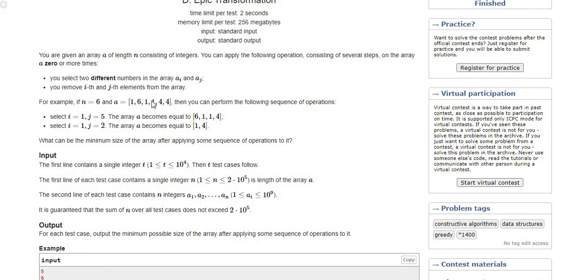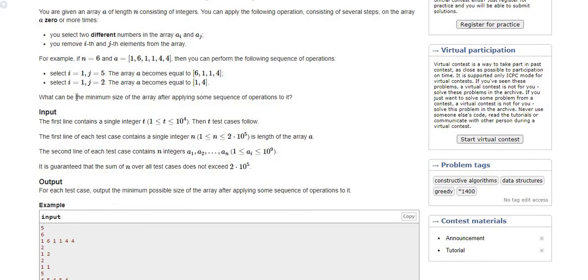The best way is to pick a 1 and a 4. Suppose I select the first 1 and the last 4, then the remaining is 6 1 1 4. After that I can delete 6 and 1, and in the last operation I can delete 1 and 4. That way I eventually get the array size reduced to 0, and that is going to be my output.